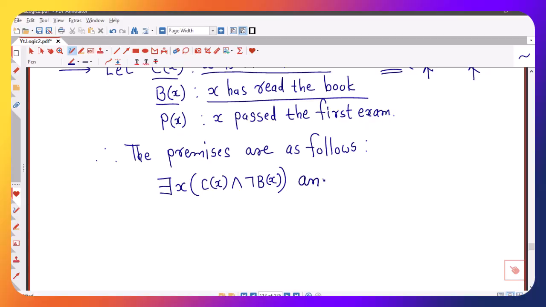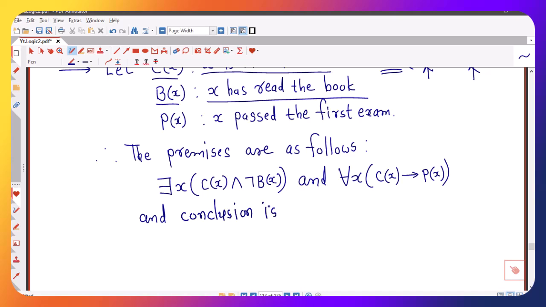So the second premise is: for all x, C of x implies P of x. Everyone in this class has passed the first exam, therefore we are using the universal quantifier. So these are the premises, and now we write down the conclusion in symbolic form, and the conclusion is